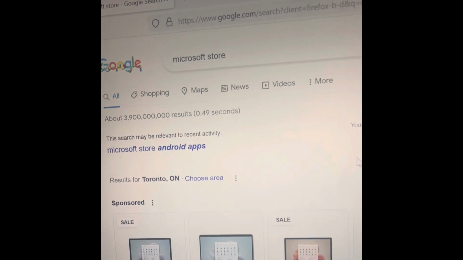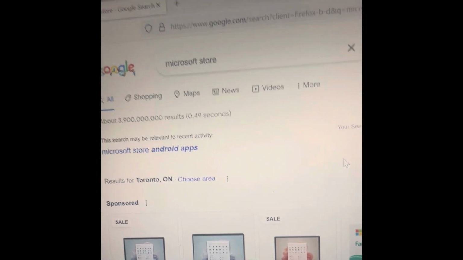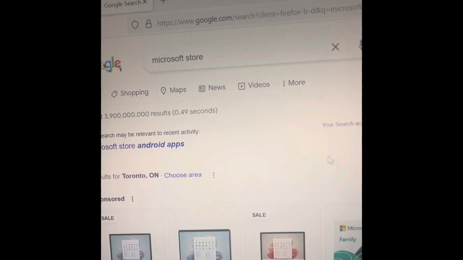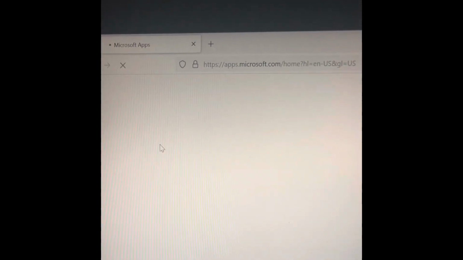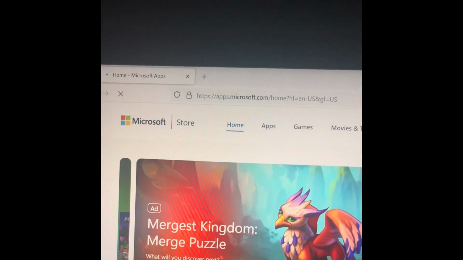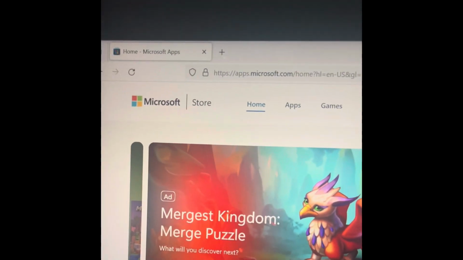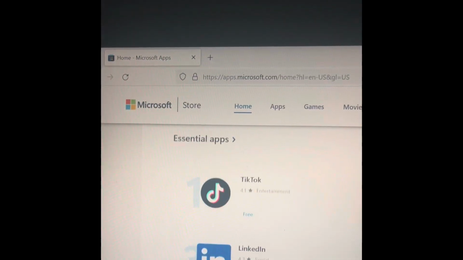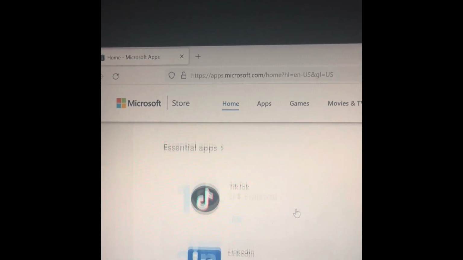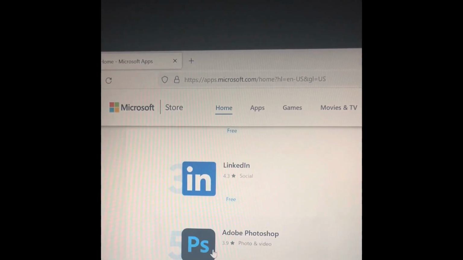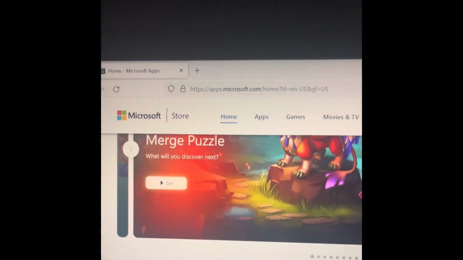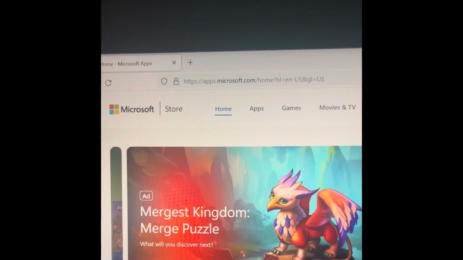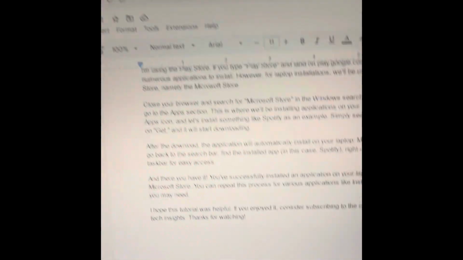You go down, you check, and you click on the Microsoft Store. Yeah, that one. You click on it, and once you see the Microsoft Store is now opened, you can scroll down and you see a lot of things you can download. So there's TikTok, there's LinkedIn, there's Adobe Photoshop, there's iTunes. Any application that you'd want to download from here, you can even see from the icon there's apps, there's home,